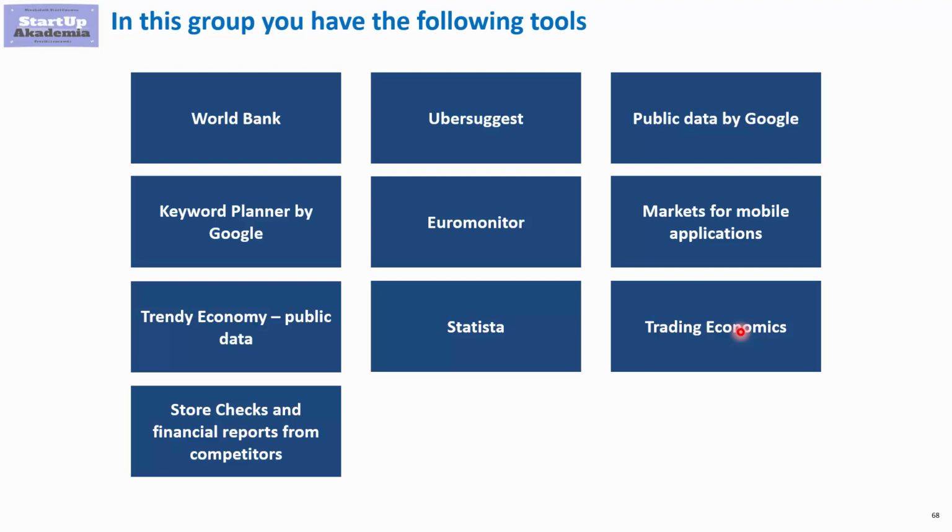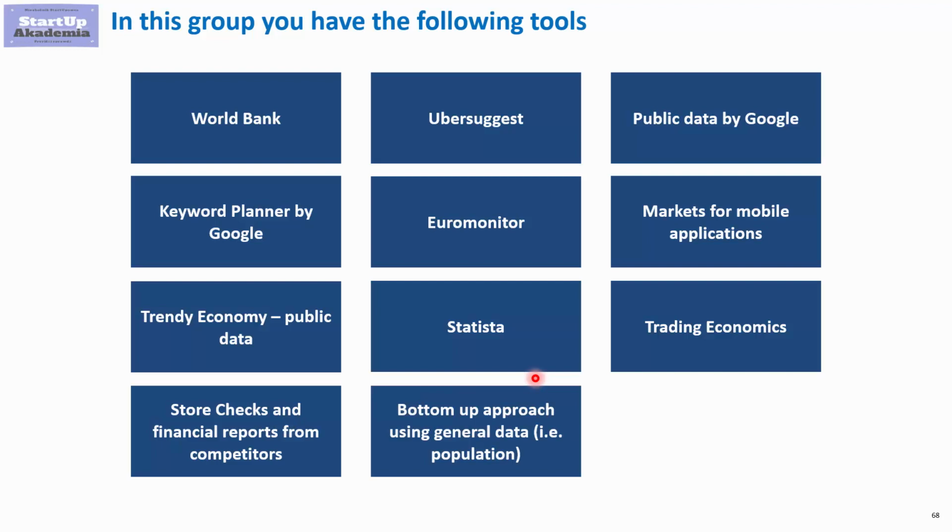For certain things that are not easily observable, I would recommend using a mixture of methods like store checks and financial reports from competitors. In this way, you can estimate certain things like the share of specific items in the revenues, conversion rates, and things like that. So some of the KPIs you can compare through gathering field data, and store check or mystery shopping is one of the methods that you should consider.